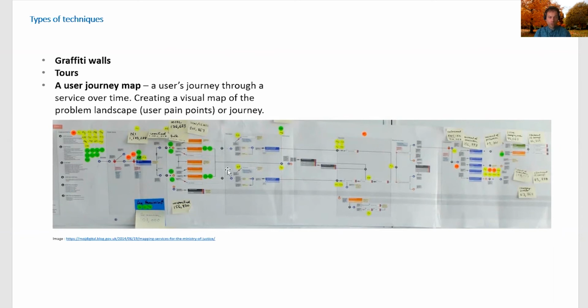For example, if you look at this photograph, the user starts here, then they input some information, then they are given an option, then they go here or they decide to go here. Here there is a problem and you write how we fix it and so forth, the user journey. So the holy grail of UX, the user journey, where they start, where they get stuck and how they progress.